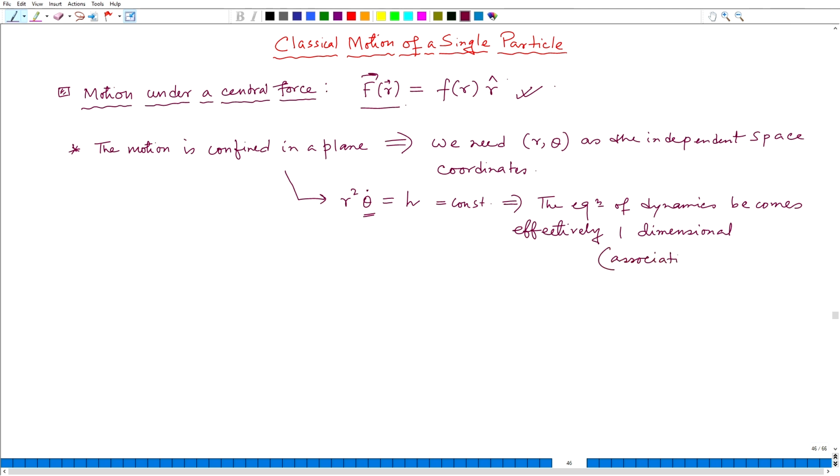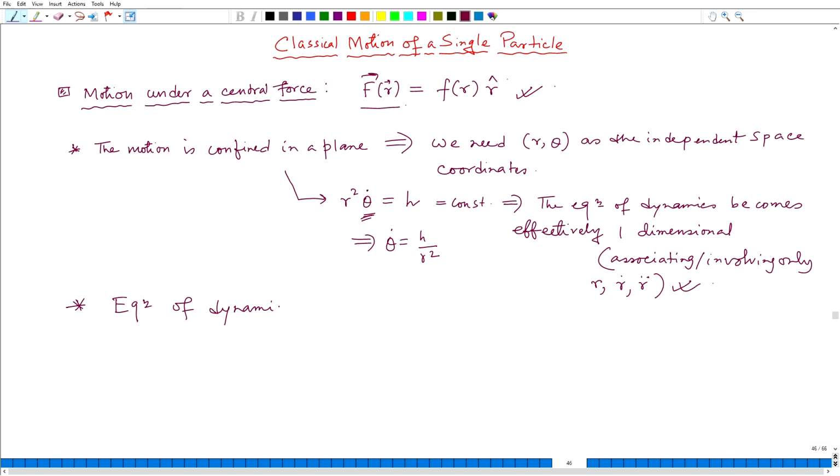Associating or involving only r or r dot or r double dot, but it does not need exclusively theta or theta dot, because whenever you get theta dot you can substitute that by h by r square. So, you just use that, theta dot is equal to h by r square. Then the equation of dynamics becomes